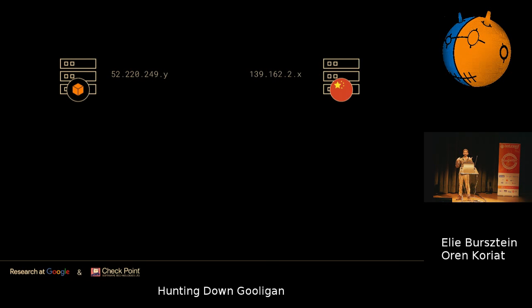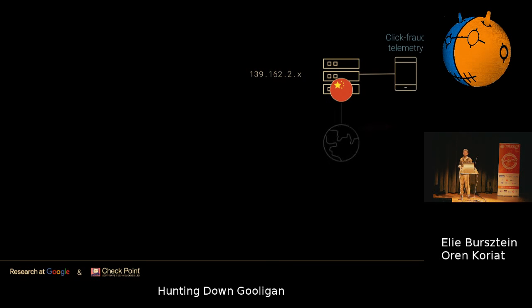So let's try to look at the Gooligan kill chain again, this time from a network perspective. So we have an infected device. This device is registering to the Gooligan botnet, delivering interesting metadata about itself, build, and so on. And then it moved to talk with the Chinese server. So it's talking with this resource ggview, which delivers a dynamic link to the exploit kit.